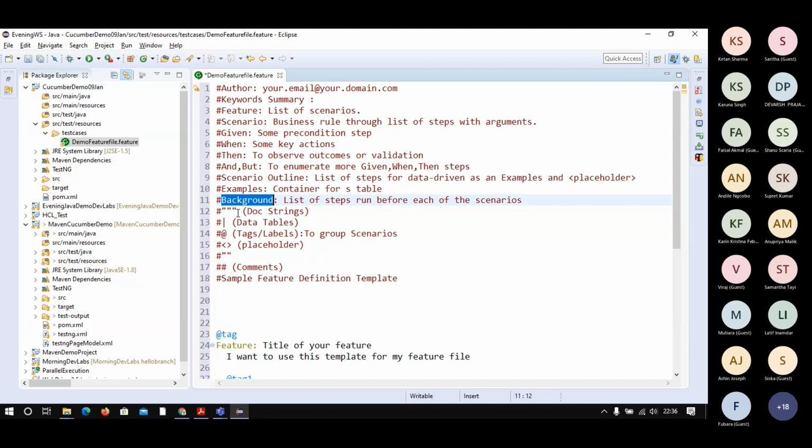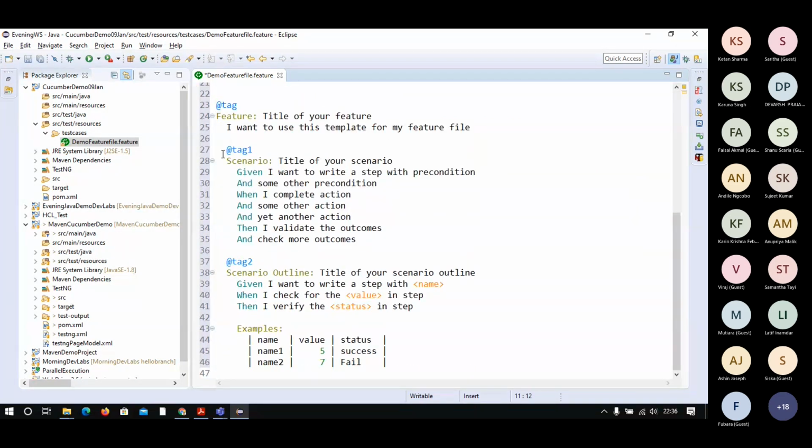It will minimize your steps, and every time each scenario is executed, it will be taken care of. I will show you on a need basis and not discuss too much, because everything together will confuse you. I will start with the basic scenario, then you will understand.